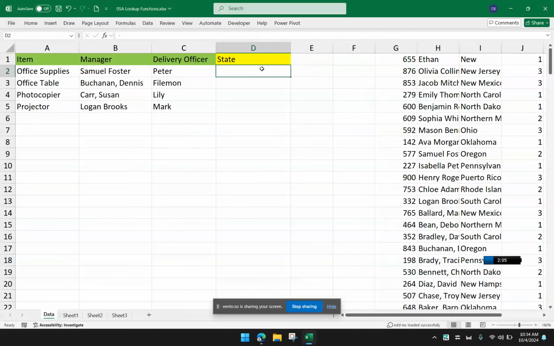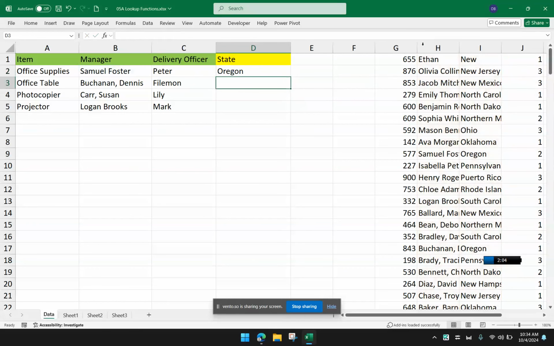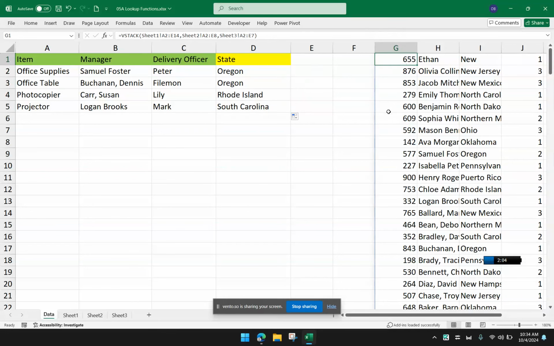And from here, we can actually use a VLOOKUP. So I'm going to VLOOKUP this value, B2, and look it up here under my column H. Since I need the state, I would drag to the right and comma. I hope you're not new to VLOOKUP. If you are, we already have a separate video for that. So we have here H to I, then 2, and then 0, and then enter. You should see that we have now successfully looked up our values from this table that VSTACK created.